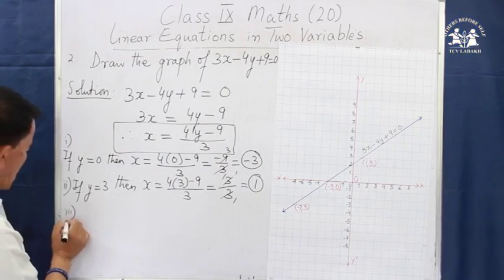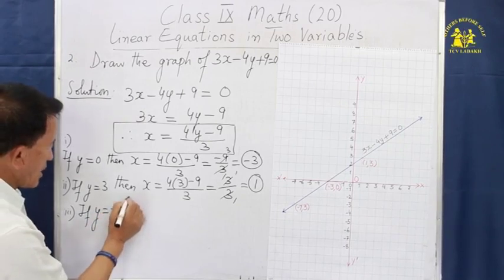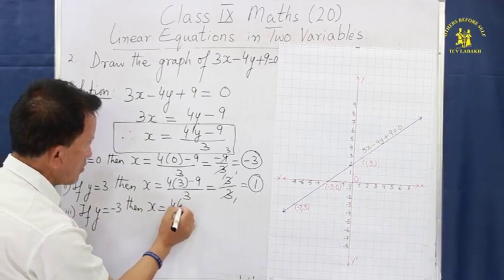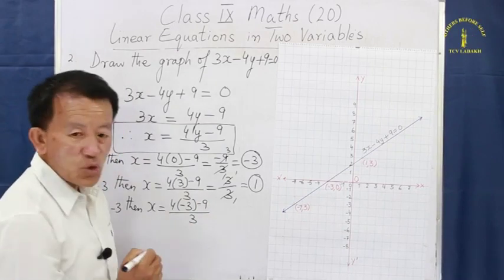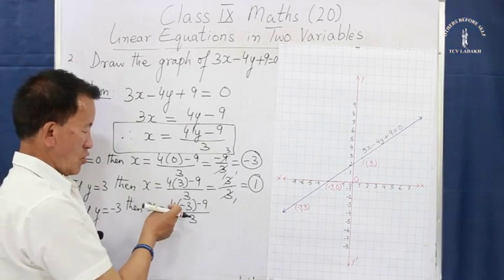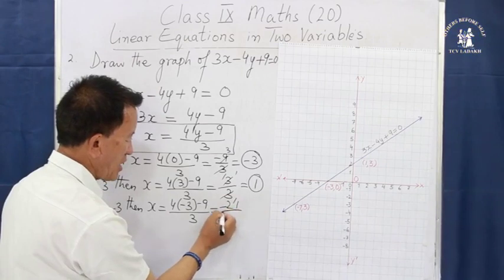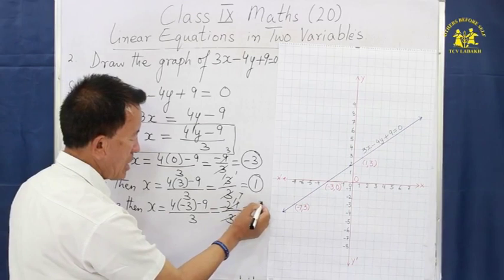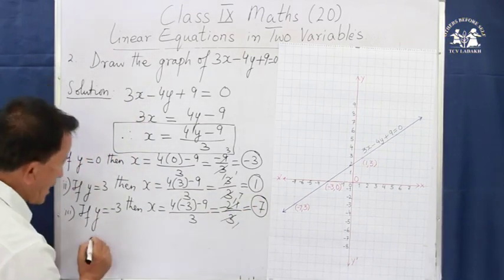So we shall take the third. If y is equal to minus 3, then x is equal to 4 into minus 3 minus 9 divided by 3. 4 threes are 12, into minus, 12 minus 9 is minus 21, divided by 3. 3 sevens are 21, so this is minus 7. So the coordinates are